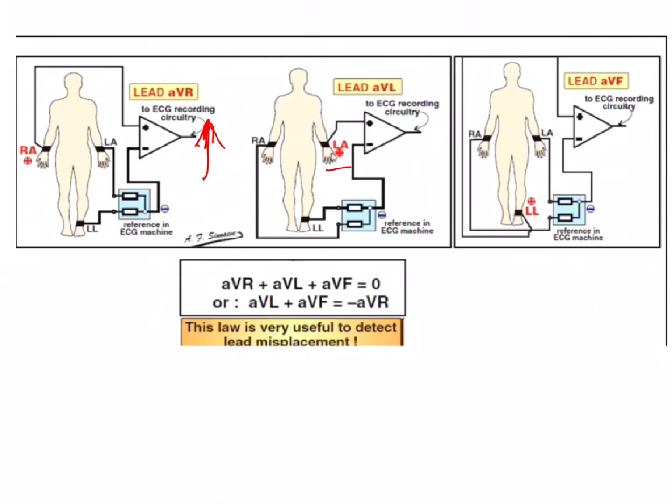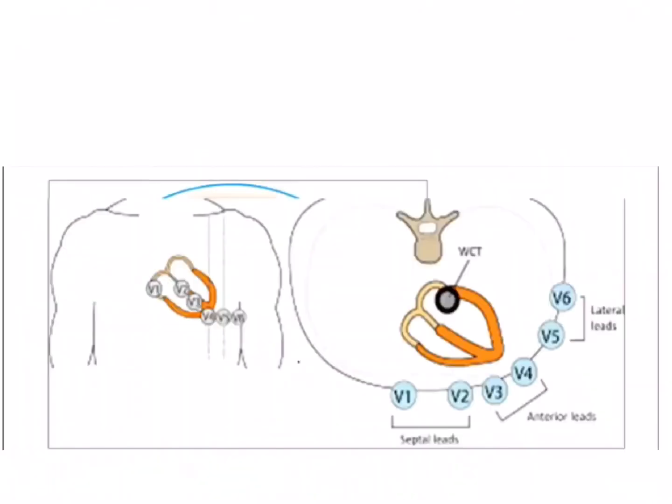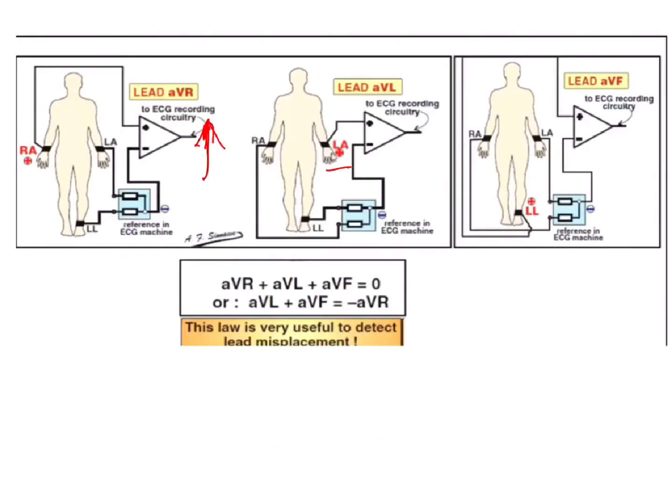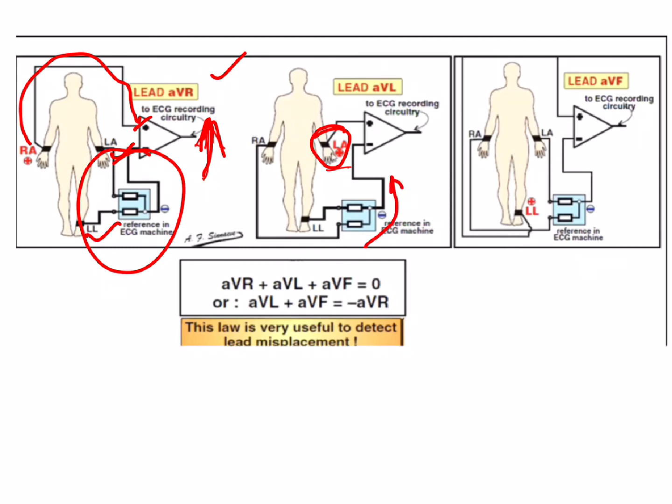For example, we use the left arm and left leg as a single lead and the right arm as another lead, and it increases the recorded action potential. This is for lead AVR. For lead AVL we use the left arm as a single lead and the right arm and left leg as one lead, to enhance the action potential across the AVL. Similarly for AVF,